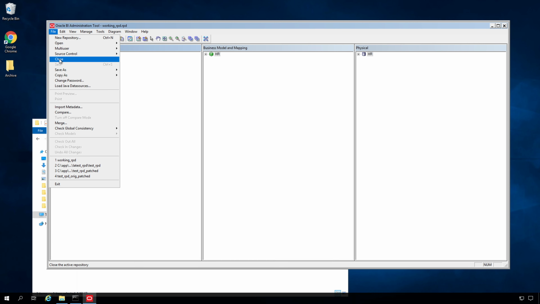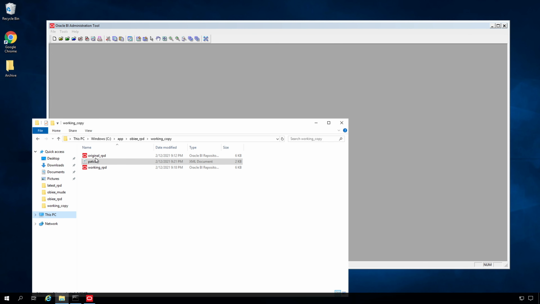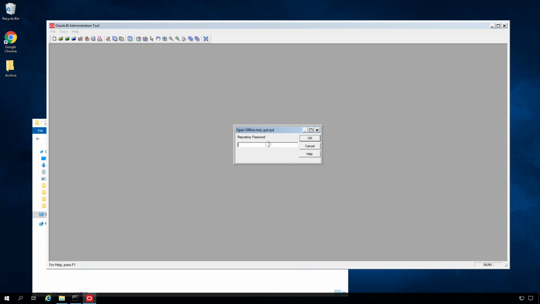Now close this RPD again. Now the next step is we generated the patch, and this patch contains only the changes that we made. So we have to apply this patch to the latest RPD in the shared folder. So let's copy the latest RPD one more time, because when we apply our changes to the latest RPD, we have to get that latest RPD, because that latest RPD already changed since we copied it. So let's copy that once again to our working folder, and we have to apply our patch changes to this RPD. So open this,